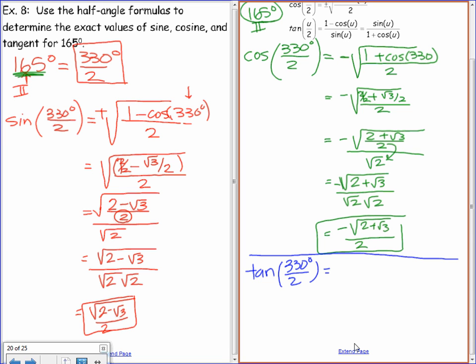I'm going to use this one only because I know the sign that I want to use is going to have a denominator of 1/2. Okay, so again,